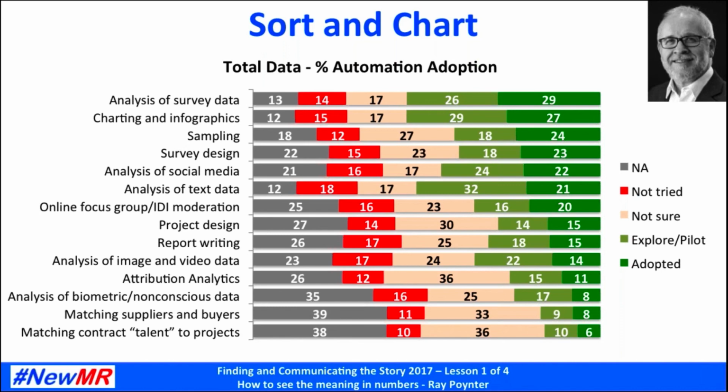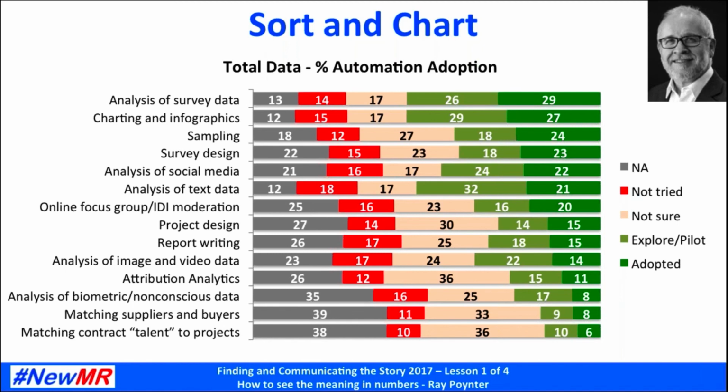First thing, sort and chart. So I did the things that I told you about before. I sorted it by adopted. So 29% analysis of survey data is the highest adoption. Matching contract talent to projects is the smallest adoption. So I've sorted it by that. I've reduced it to 2 significant digits, and we've used color and actually graphical as well to bring that into